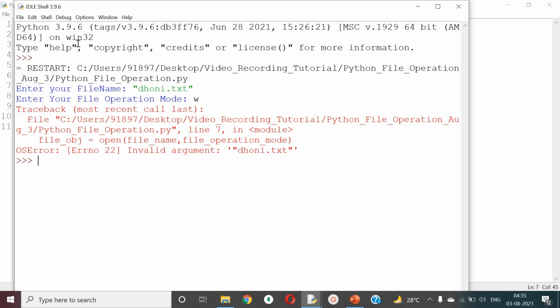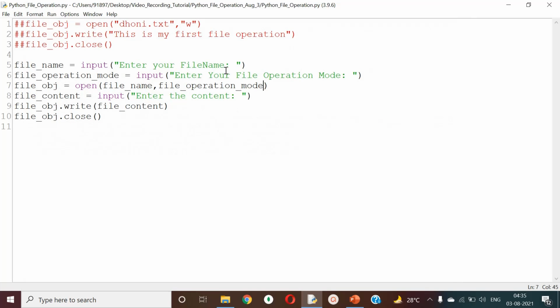Now look at this. What happened? By mistake, I gave this double quote over there. Correct, so this is the problem. These are the few things that I always want you to make sure. You might have felt that everything is perfect, but when I add a double quote here, there is already a double quote over there, so it got mixed up. You should retrieve the file name in the form of blank. You should not retrieve the file with the double quotes.